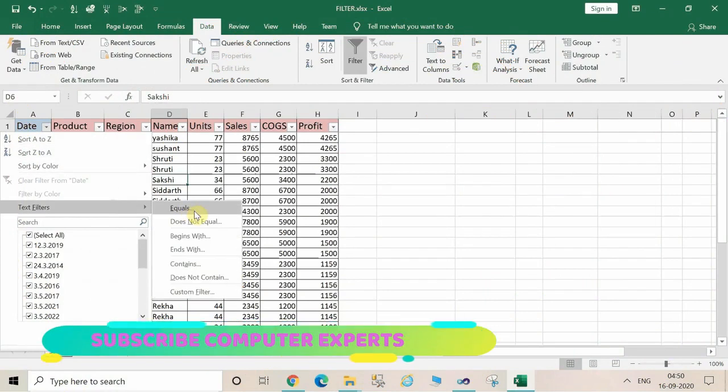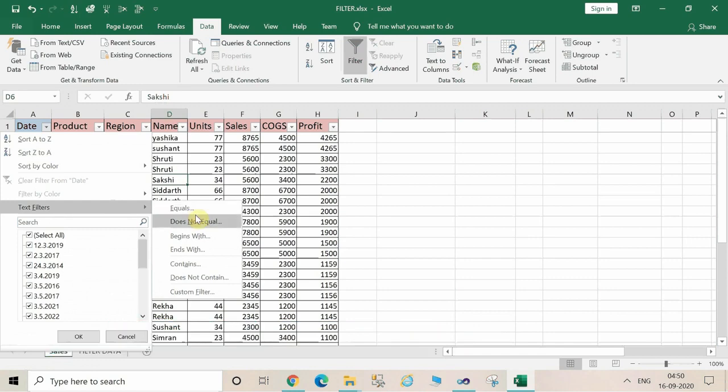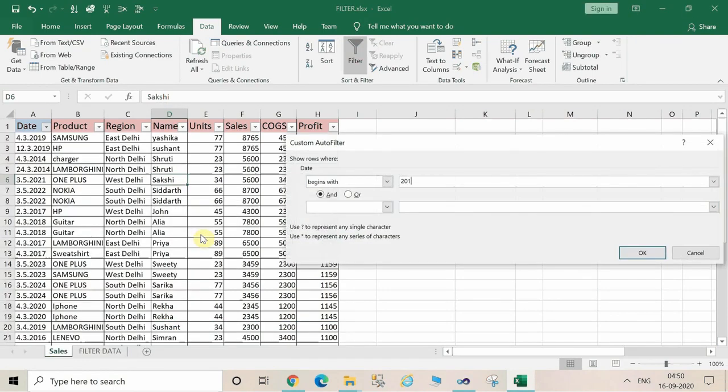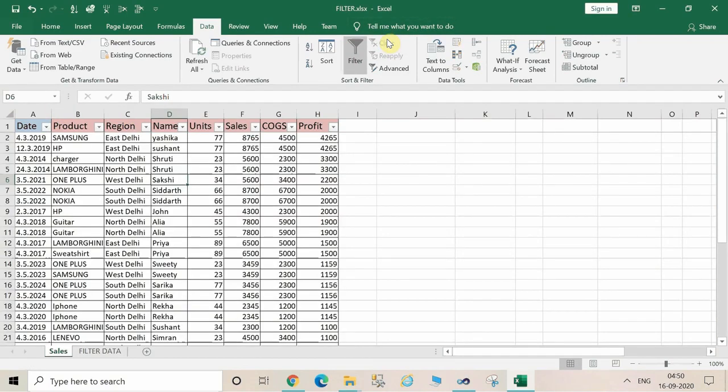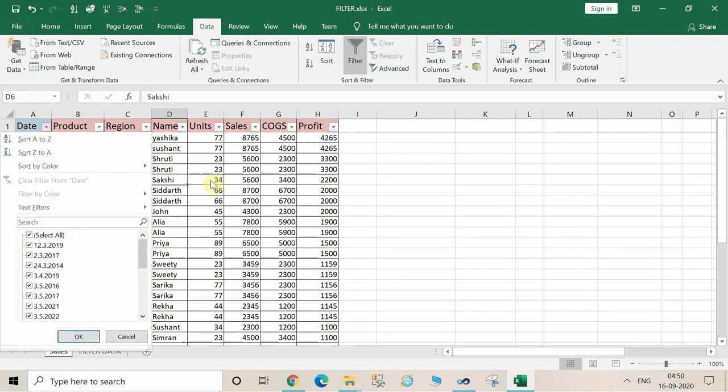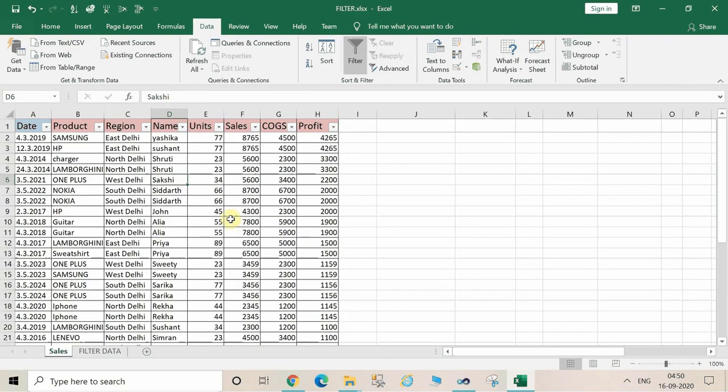I want begins with 2019. Now the data beginning with 2019 is displayed, and then clear the filter. In this way you can apply the filters in your data.